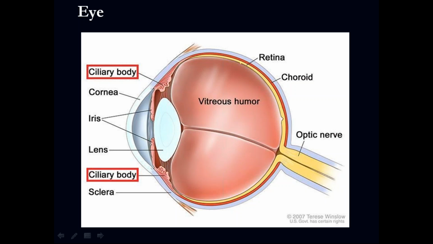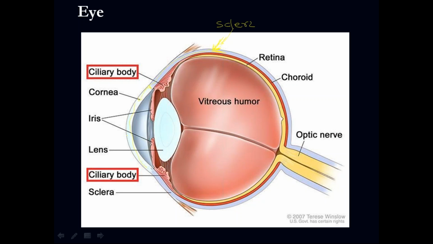What is this? This is the sclera, right? That is the sclera. The sclera is going to continue anteriorly, and anterior to the eye, now it's going to be called cornea. But in this portion is where the transformation is going to happen. This is going to be white, as everybody knows, but here it is going to start to become clear, transparent, and that is what we call the cornea.